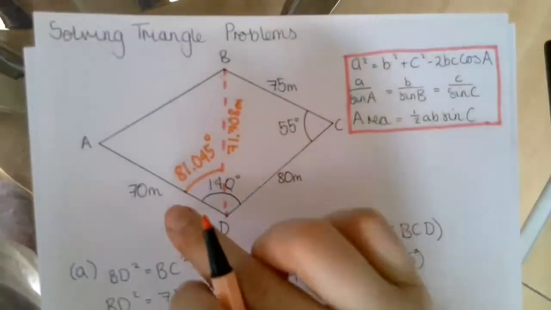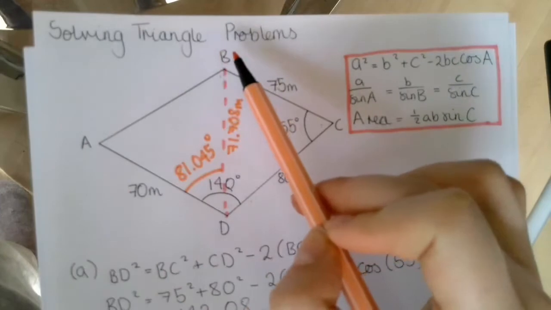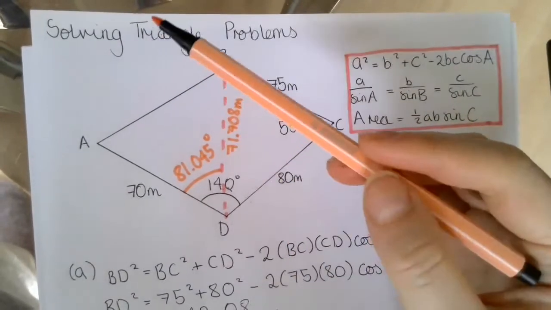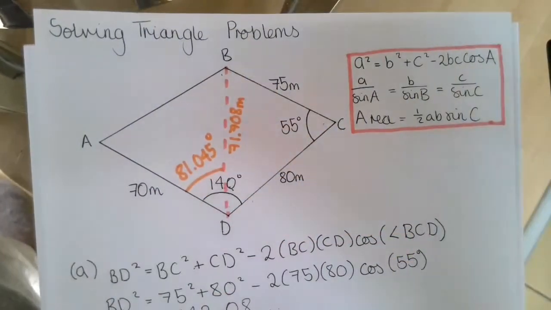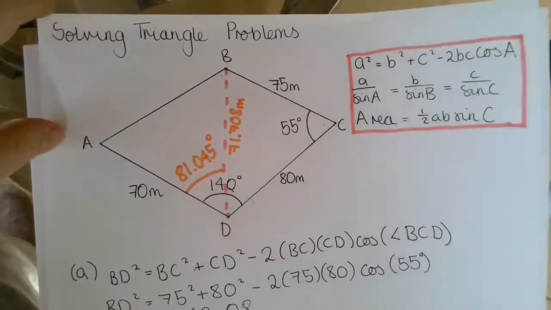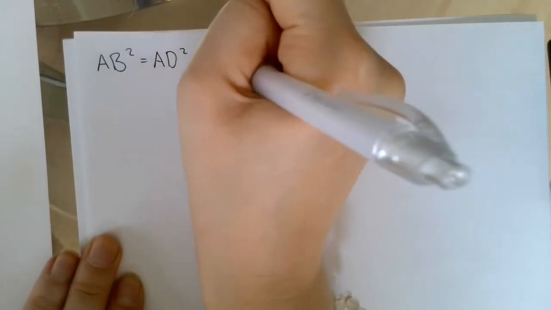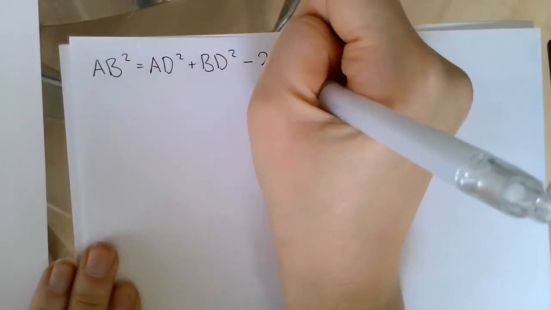So now looking at this diagram, in order to find the distance from A to B, we can use the cosine rule, looking at these two lengths and that angle there. So using the cosine rule for that, we're going to find out what AB squared is. So AB squared is equal to AD squared plus BD squared, that length we found at the beginning, subtract 2